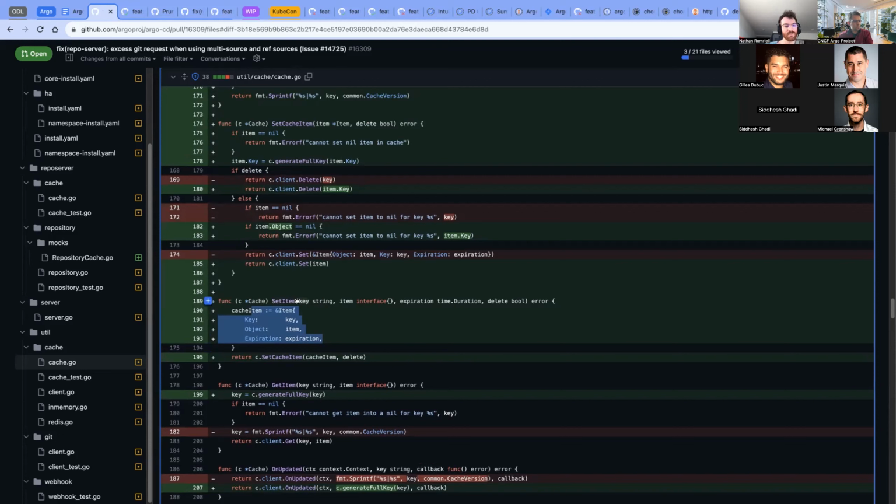Right. So I guess my first ask is adding the GoDoc to explain what you just did. Because you're exposing this, this is a public function, so developers will be confused about whether or not to use this and this. Before, we just had exposed this one, if I remember correctly. So today we just have SetItem, right? Yeah, that's right. SetCacheItem is a new one. So yes, I think we need to make it clear what is the responsibility of each one of them.